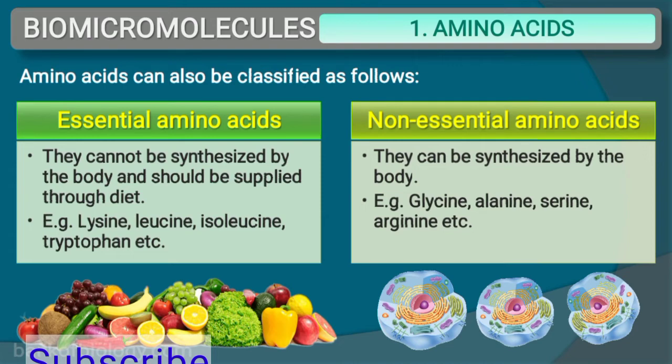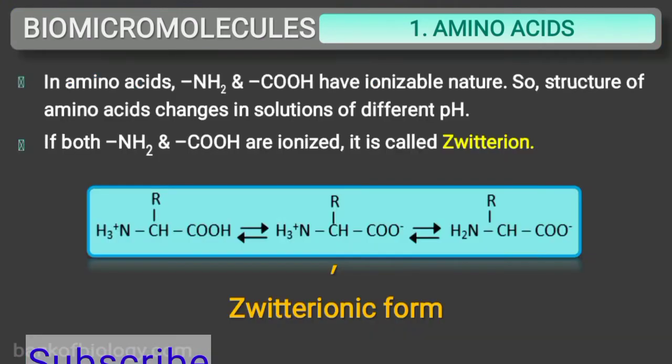Non-essential amino acids are prepared by the body and do not need to be supplied from outside, like glycine, alanine, serine and arginine. In amino acids, the amino and carboxylic groups have an ionizable nature, so the structure of amino acids changes in solutions of different pH. If both the amino and carboxylic groups ionize, it is called a zwitterion, because H from the carboxylic group